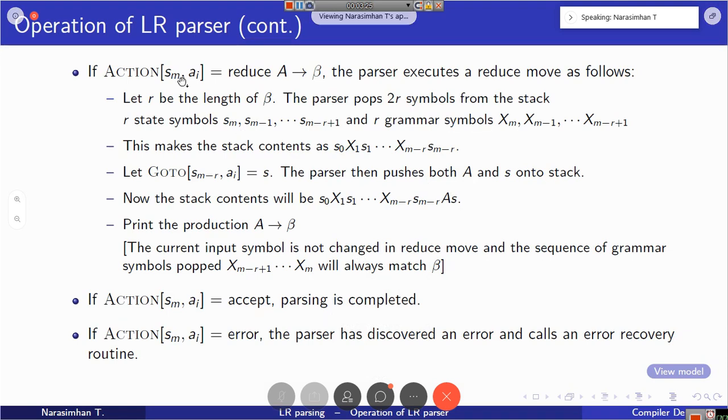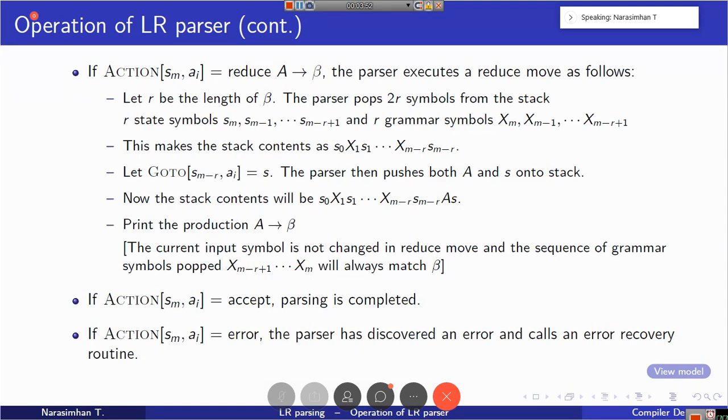I repeat, if the action entry specifies to perform a reduce action using the production A gives beta, what you are going to do is first find the length of the right hand side beta.